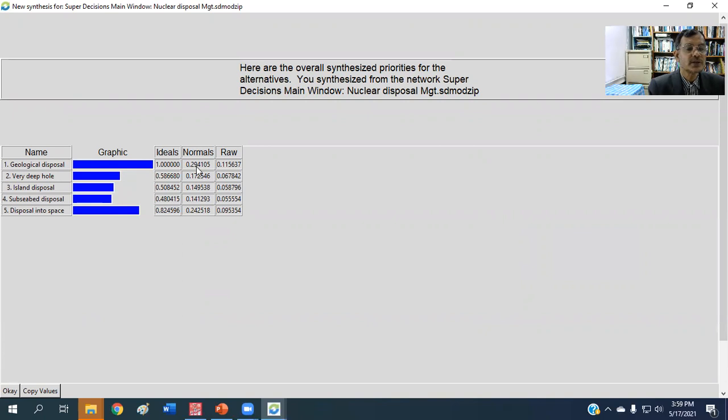The weightage is 0.294105. Then the second one is disposal into space, 0.24 under normal. You need to see under normal distributive mode, 0.24. And then the third one is deep, very deep hole. So this could be the recommendation from your side as a consultant to the government, and the government will make